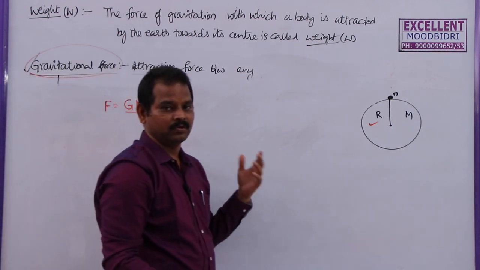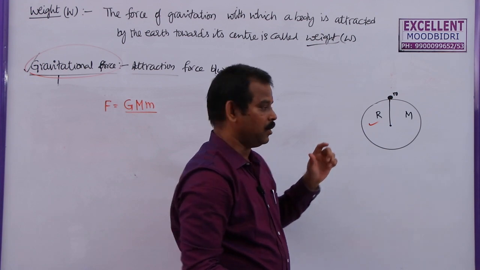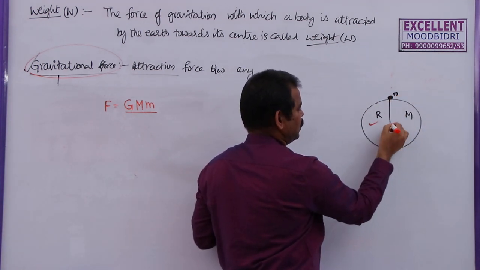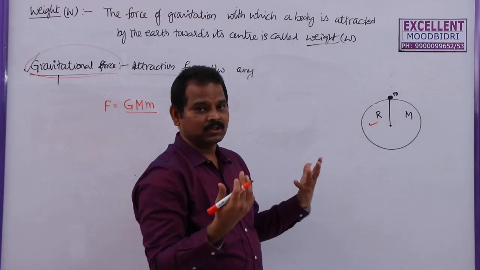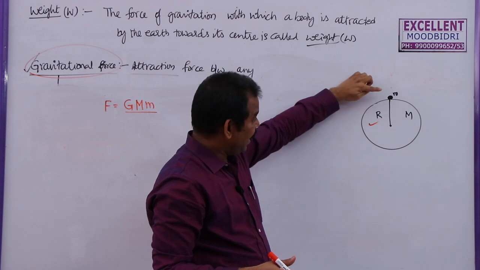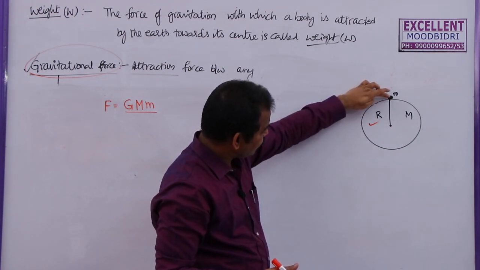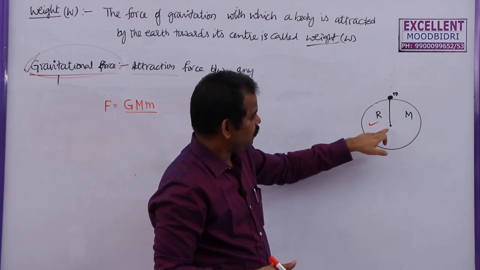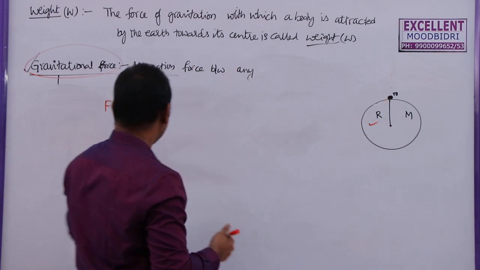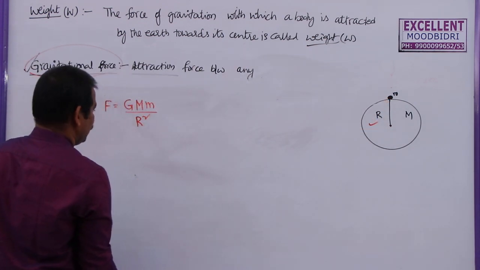How to find the distance between these two? Remember students, we need to consider the distance between the two centers of mass. Center of mass for this one is this, center of mass for this one is this, and the distance between these two. Some students may think that there is no gap between these two, so there is no distance. No, we have to consider the distance between the center of mass of this body and the center of mass of our earth, at the earth's center. So these two are separated by a distance r. That's why I am going to write F is equal to capital G m1 m2 by r square.